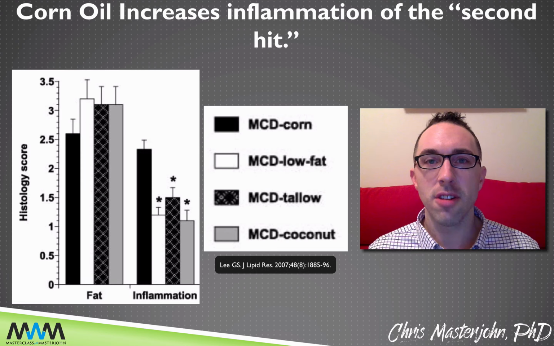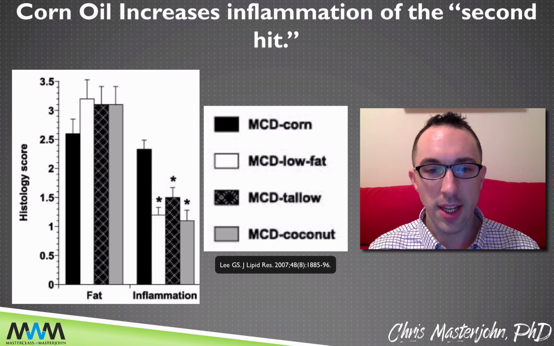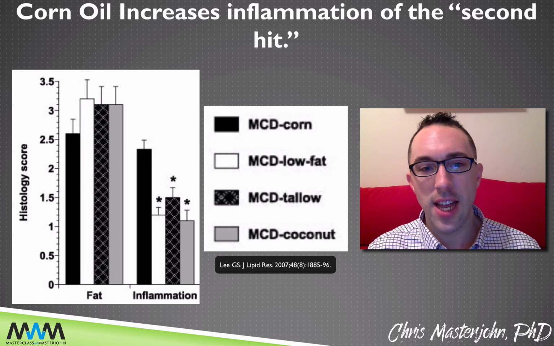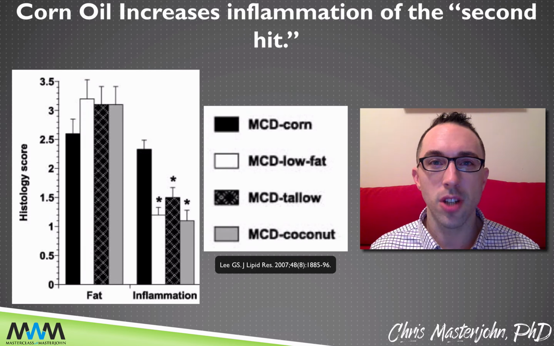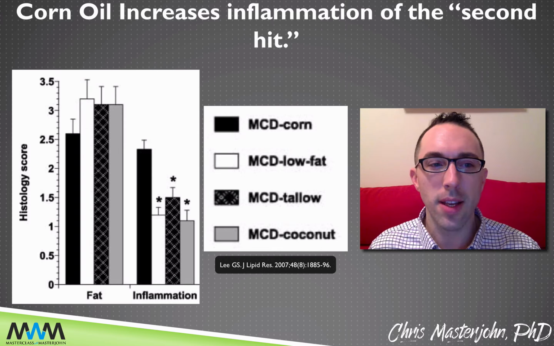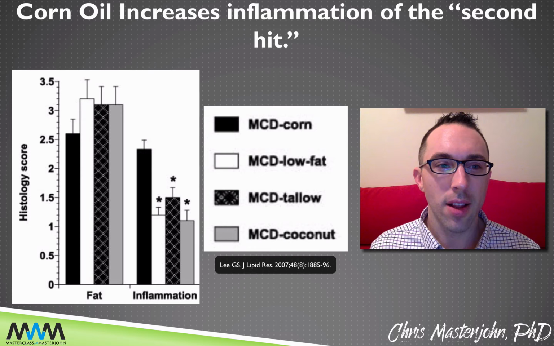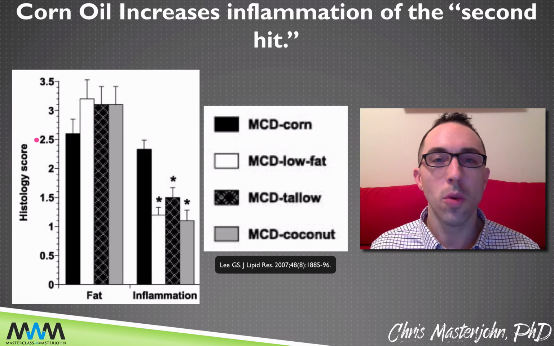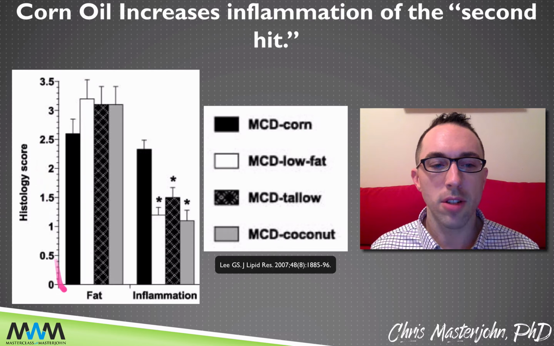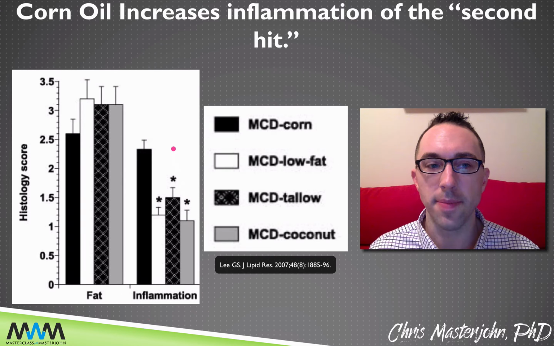The data on this screen are from the same study, but looking at histology scores, which is the practice of taking the tissues of the mice and looking at them under the microscope to judge their qualitative characteristics. And in this case, taking those qualitative characteristics and translating them into a quantitative score so that the higher the number, the worse the effect, whether it's on fat accumulation on the left or inflammation on the right.